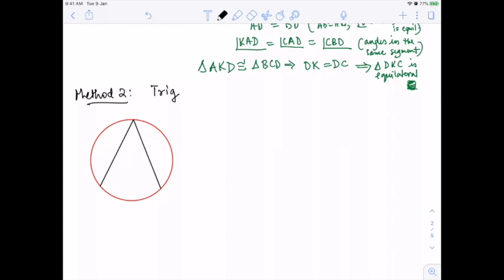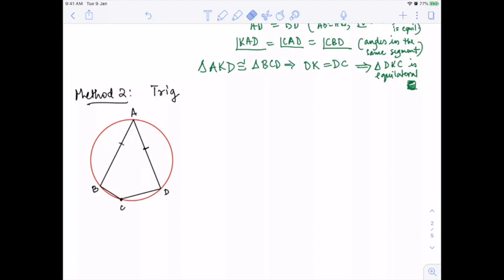Like this, A, B, D, and you have C somewhere here, right? So we are redrawing the picture. Okay, so this is 60. This has been given to be the same. So what we'll do now is that we have to calculate AC, right? So let me draw that out.